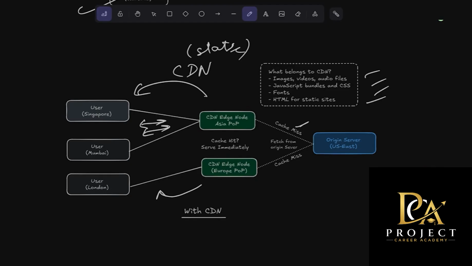This is one of the most important topics in distributed systems. We need to invalidate the data residing inside the cache. The first strategy we have for this is time to live.